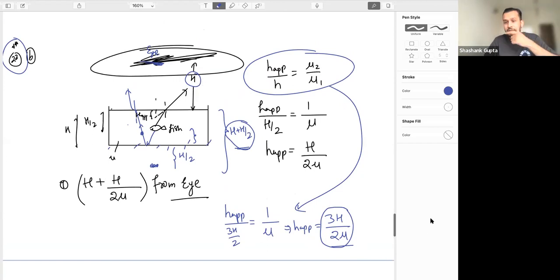Sir, are we getting two answers? Because we are taking two images, one with respect to the mirror. One we are directly taking from the refraction from the interface, and the other one we are taking with the rays first striking the mirror and then striking the interface. So one is directly from the interface. The second answer is when the ray is striking first the mirror, then the interface. That's it. Will it work? We'll check that.